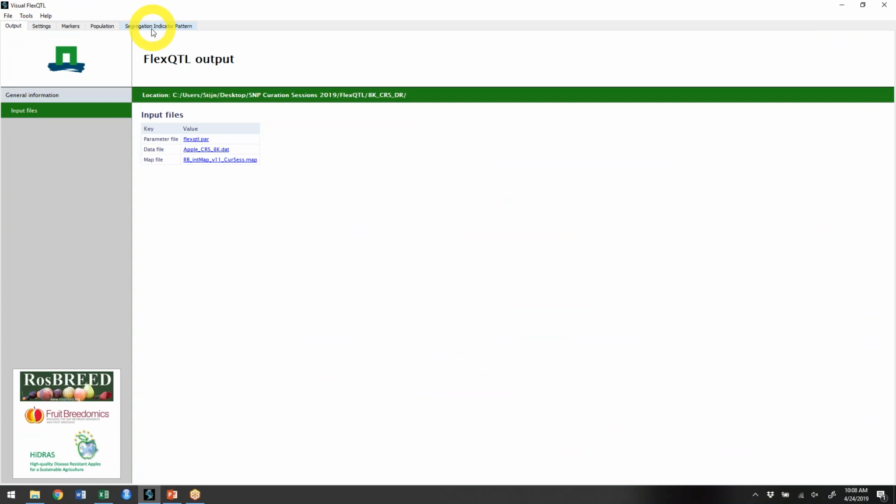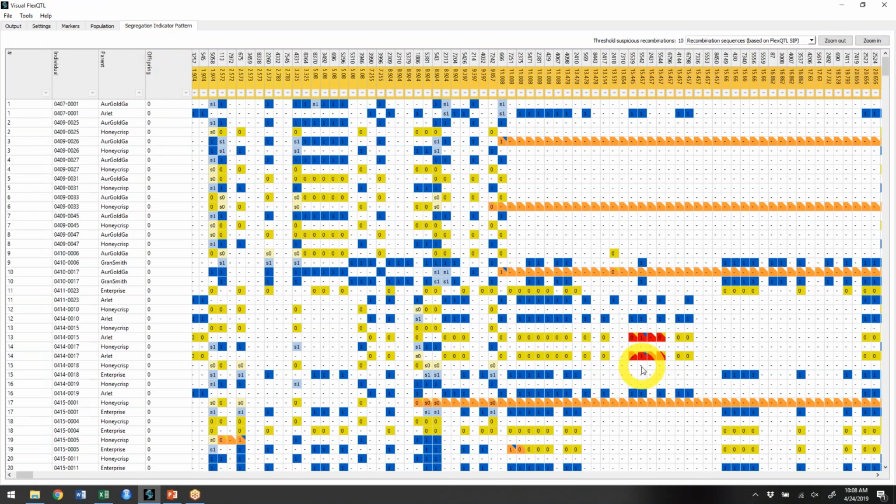I'll just say what the other type of double recombination is when there's multiple markers involved. So if this would be 0, 1, 1, 0, then we have two markers with a 1. And at that point, there's more than one marker involved in the double recombination. And so FlexQTL reports all double recombinations, so not just the singletons, but also the ones with multiple markers involved, in a separate file, and we have to generate that file because it's not a standard output of FlexQTL. And to do that, we go to Tools, and the first thing we'll do is say